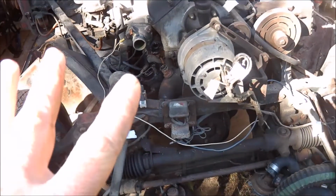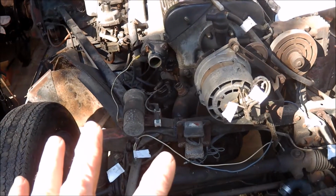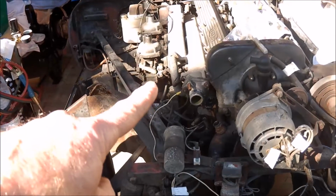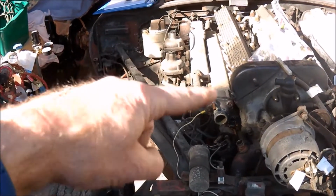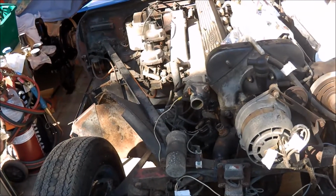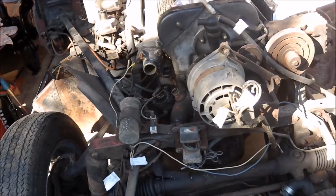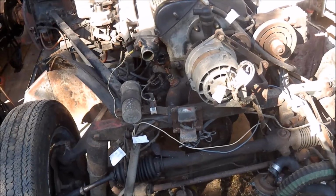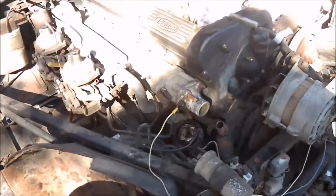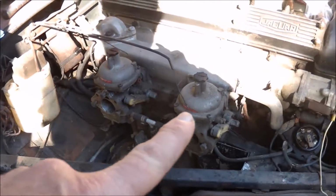As I say, I want to get as much off the motor as I can before I even consider lifting it out. I know you can probably do it with some of these things in place, maybe with even the manifolds, but I'd rather have it all off. It's got to come off eventually anyway. So that's how I've started at the front, removed the radiator, and now I'll start on this section here,